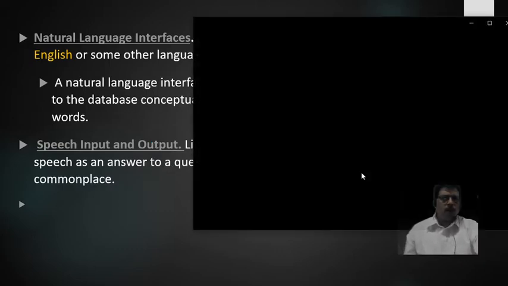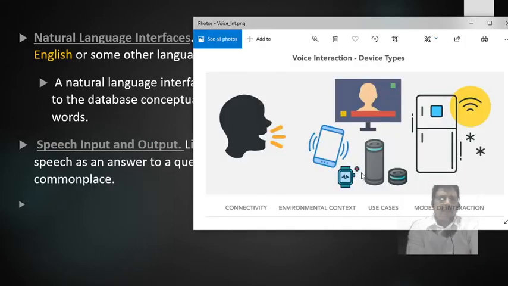And this is the most commonly used interface by us, that is a speech input and output interface, where a human being can give the instruction in speech. Alexa is one of the best examples, from Google. Then Google text to speech option is also available in our smartphones and all, where you can speak and you can search in Google.